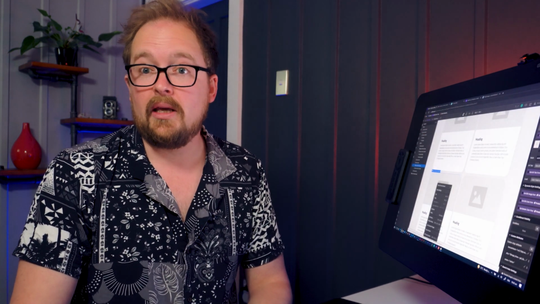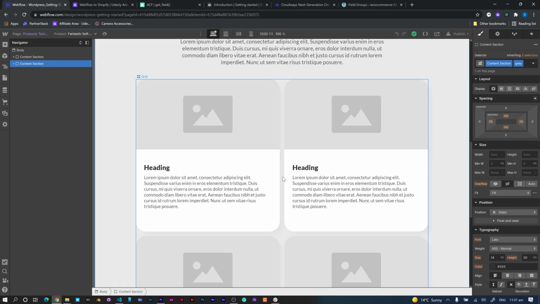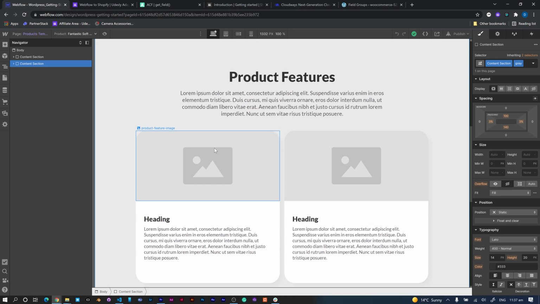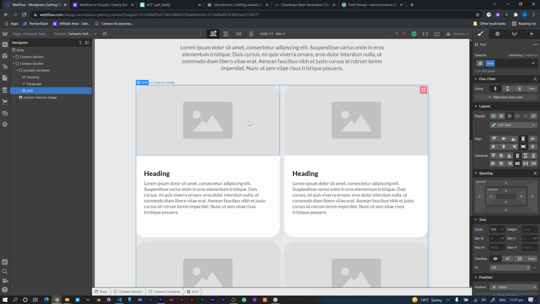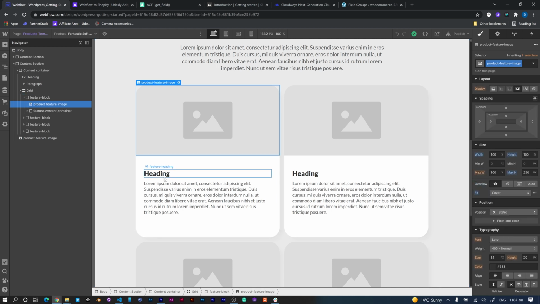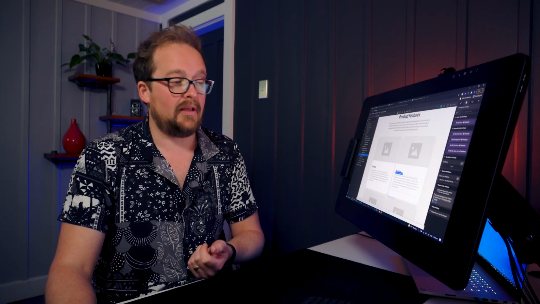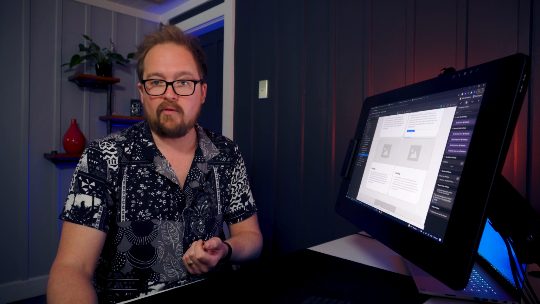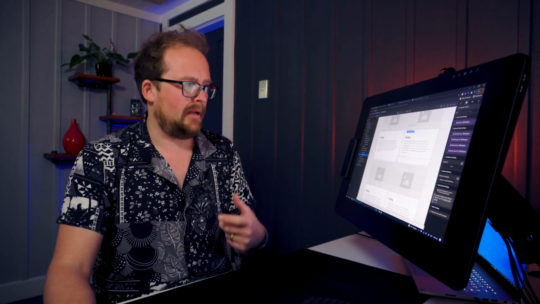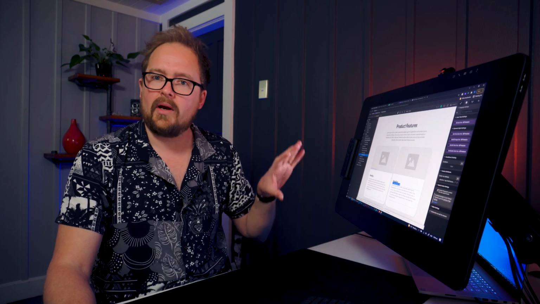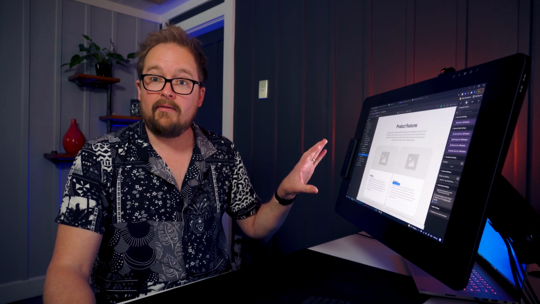using the ACF plugin. Okay, so what I have done here, just to speed things up a bit, is create this product features grid, and all it really is is a grid with some different components: an image, a heading, and a paragraph. And on these particular ones, so 2, 3, and 4, I've actually configured these things so you don't have to do them over and over again. And what I'm going to do is walk you through how to create that for the first